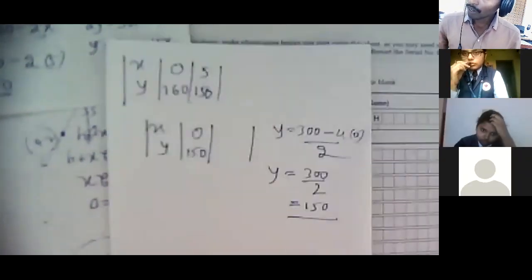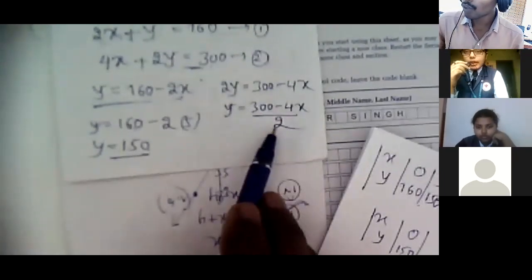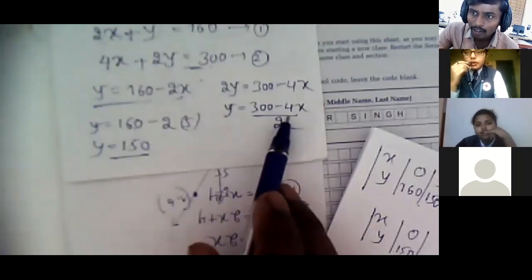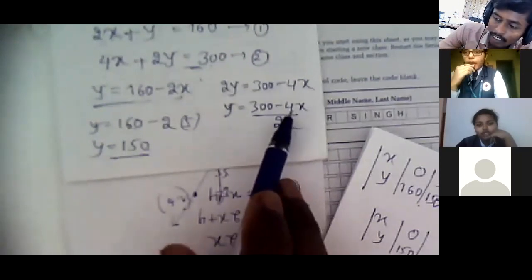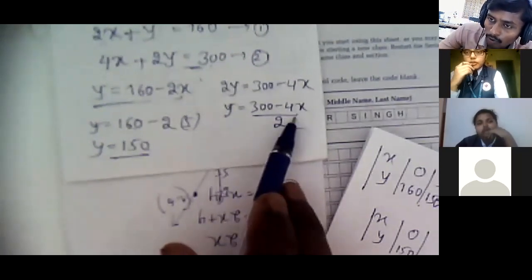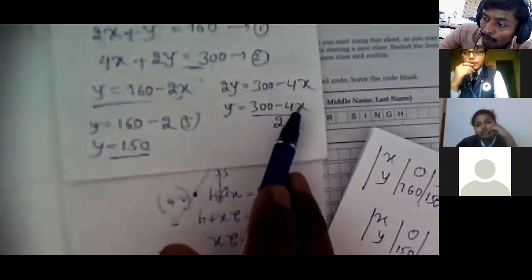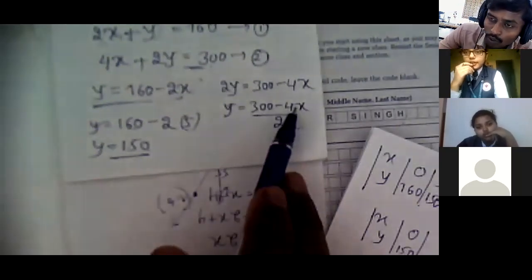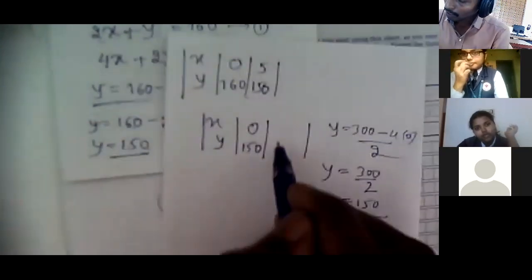What is the next value here? 300 minus 4x by 2. x is equal to 1? No, x is equal to 2: 280. Nothing. x is equal to 3? No, x is equal to 4? Or x is equal to 5. Yes, x is equal to 5 means 5 fours are 20. So 300 minus 20, we will get an easy value, 280.